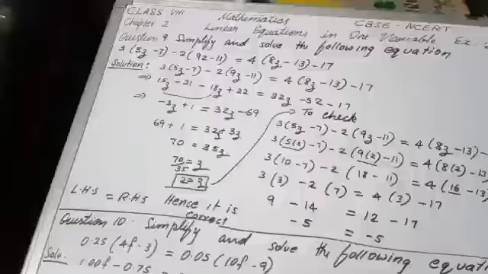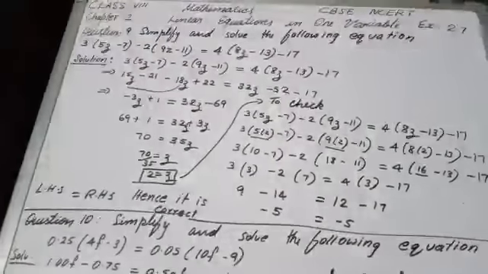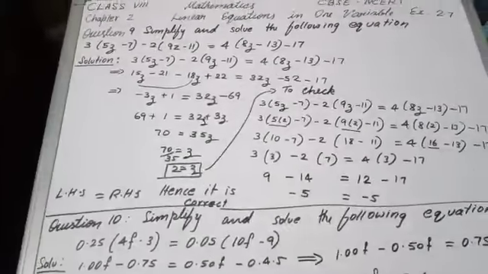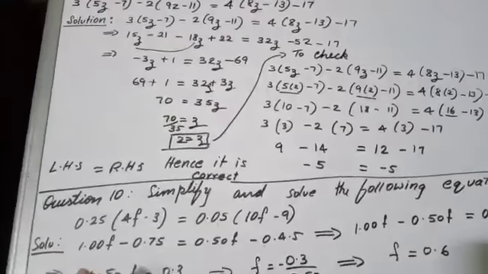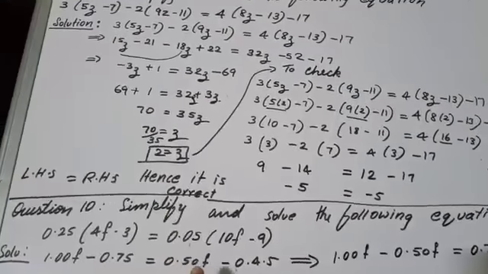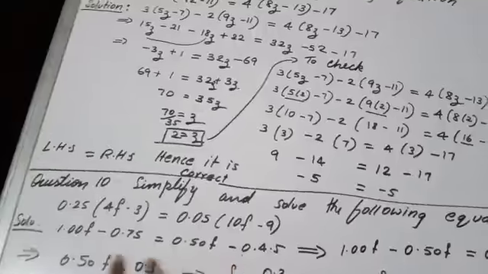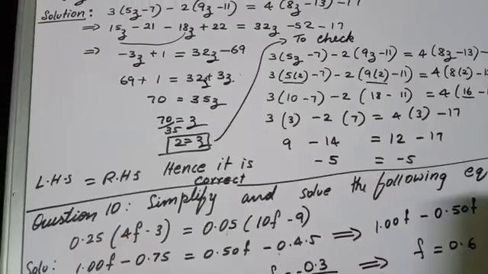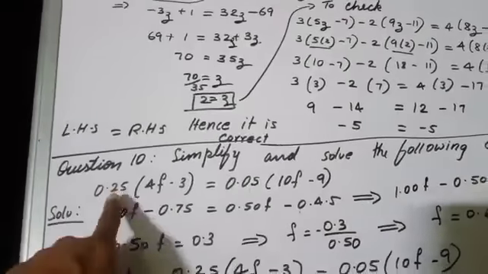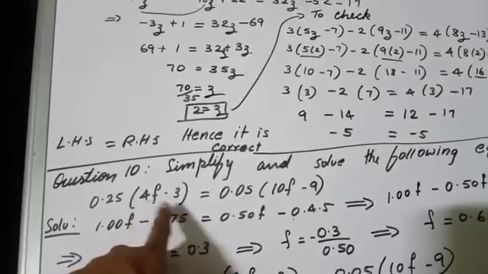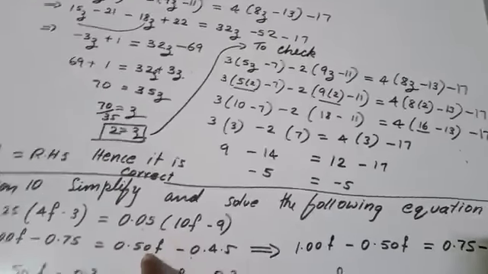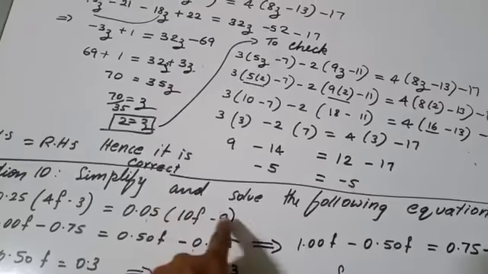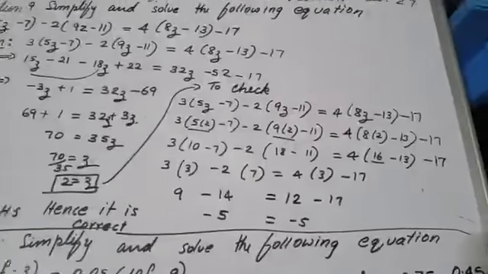Now if we simplify and solve the last equation of this exercise, very easily you can do it, but you have to do the decimal multiplication here. Whatever you are going to do, you have to do decimal multiplication. So let us take down the first thing. This is the equation I have multiplied. 25 4s are 100. So 2 decimal places are there. 25 3s are 75, so .75. 10 5s are 50, so .50. 5 9s are 45, so .45.